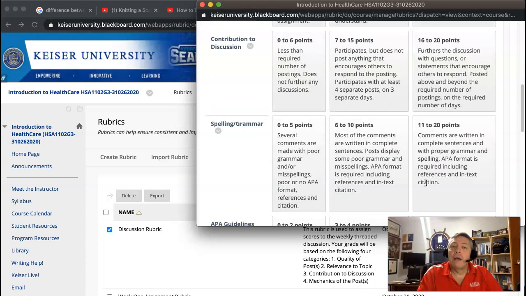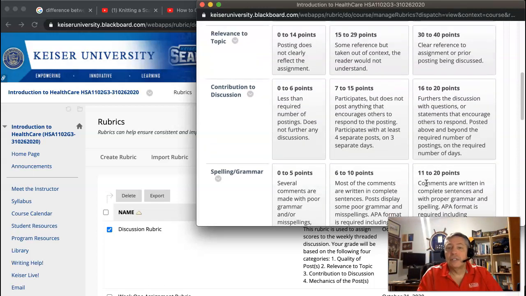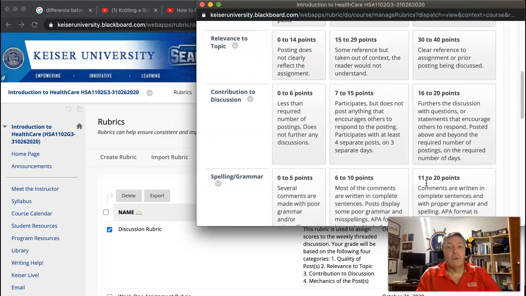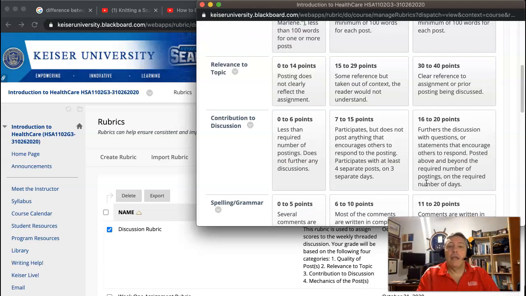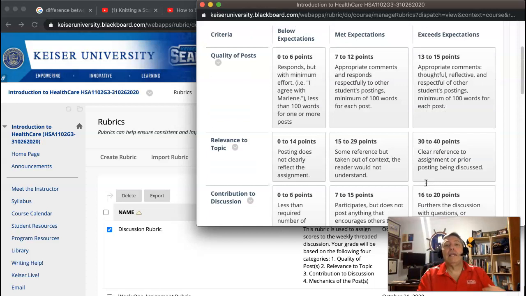Contribution to the discussion. Alright, now this is where a lot of students don't necessarily like the way I grade, but here's the thing. Not everybody is exceeding expectations. You're meeting expectations. So if you look at the titles above, up here, you have below expectations, met expectations, and